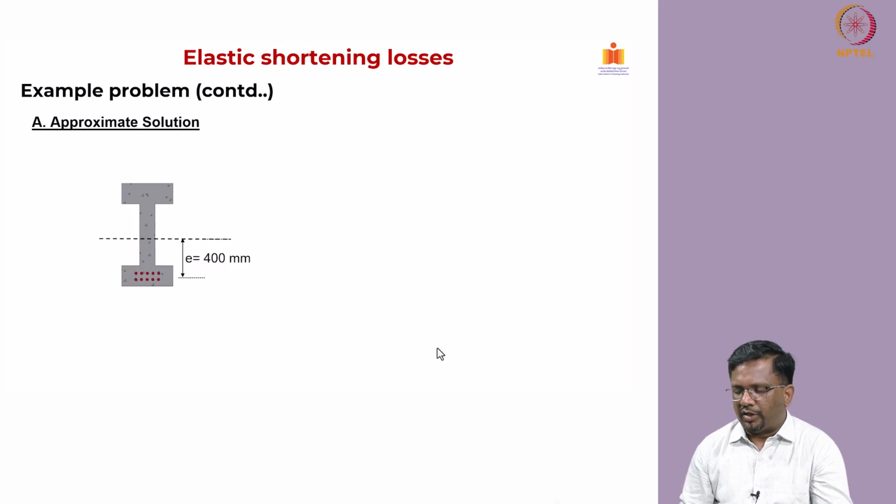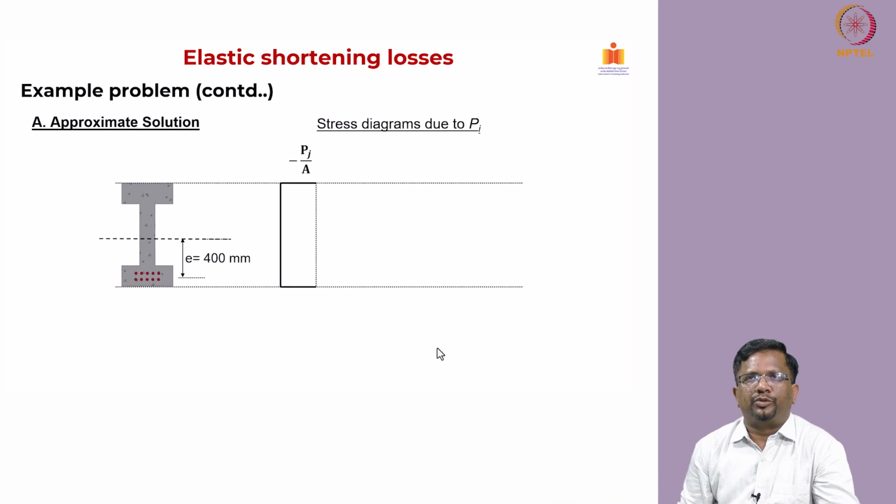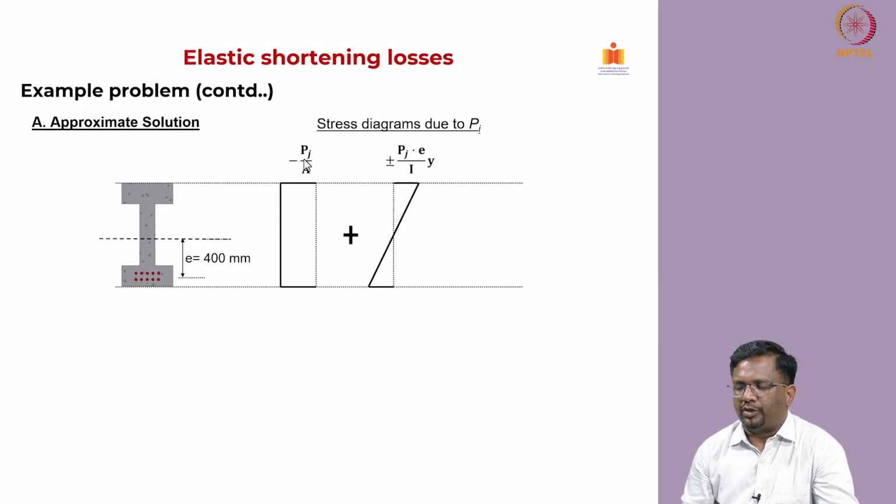We know the initial pre-stressing force. So, we use only the actual area of the cross section, not the transformed area, right. So, let us look at it now. First, we calculate the stress diagram due to the initial pre-stressing force, which is Pj by A. Now, what is Pj? We can calculate Pj, and then the next is going to be the bending